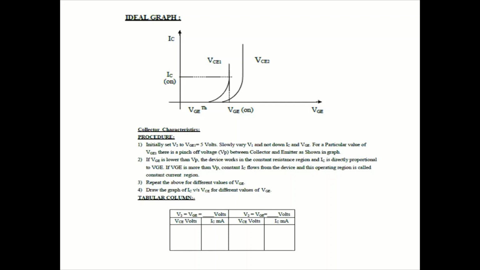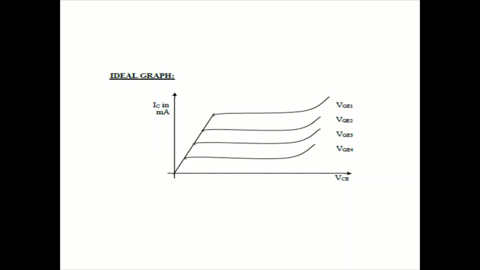So this experiment has to be repeated for a different value of gate to emitter voltage, and the plot of collector current versus the collector to emitter voltage is called the output characteristics of the IGBT, which is shown in this particular slide. You can see that initially, this particular line indicates that we are operating the IGBT in the linear region, where the collector current is increasing linearly with respect to the collector to emitter supply voltage based on the amount of resistance that you have put.